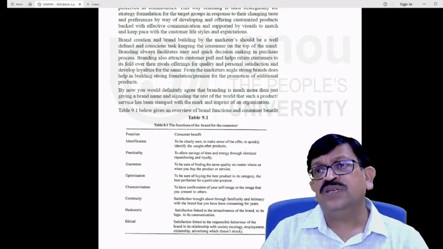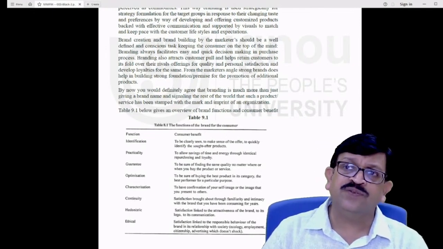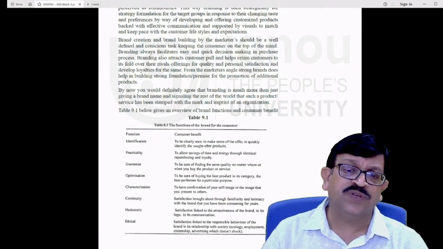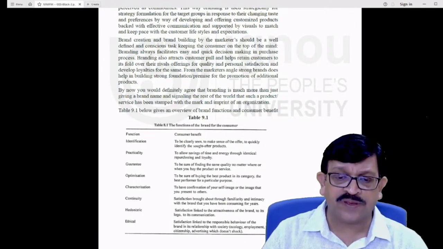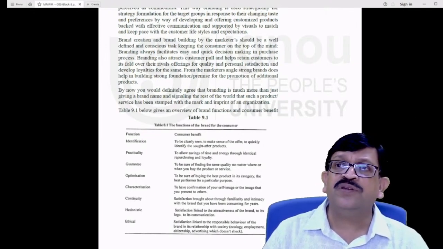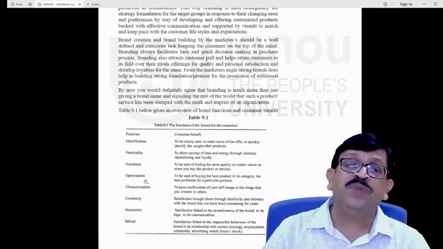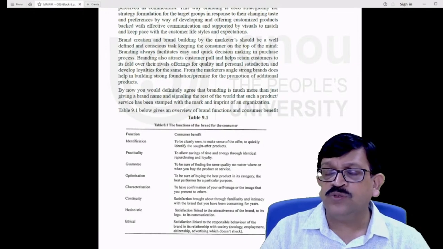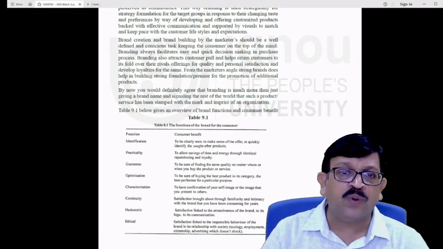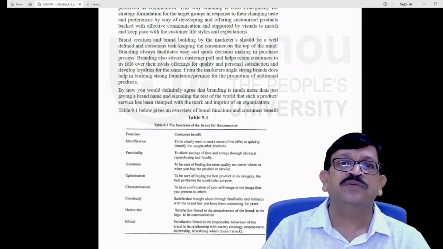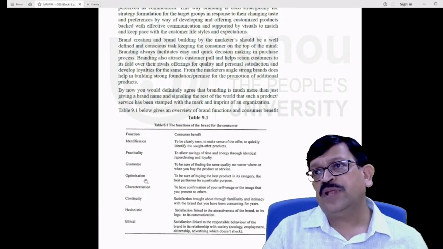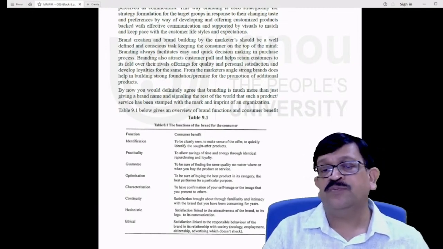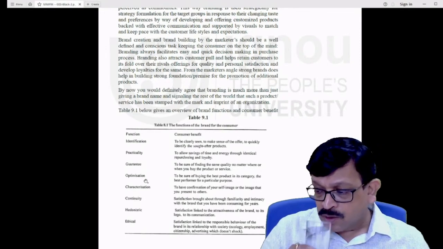It also gives you a sense of satisfaction and gives you a certain kind of pleasure to be associated. If you look at it from the consumer perspective, if I'm associated with a brand X, it gives me a personal satisfaction. If I'm an owner of a Mercedes, obviously it gives me a kind of hedonic pleasure. It gives me some kind of pleasure of being associated with the brand.